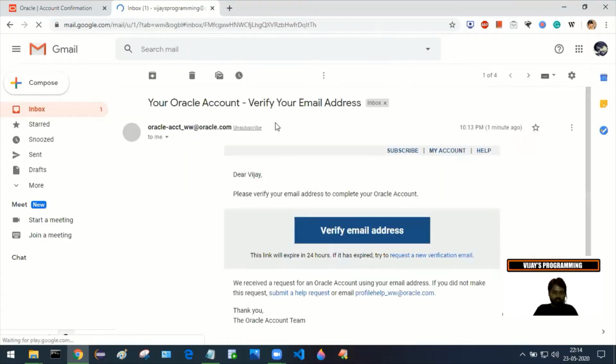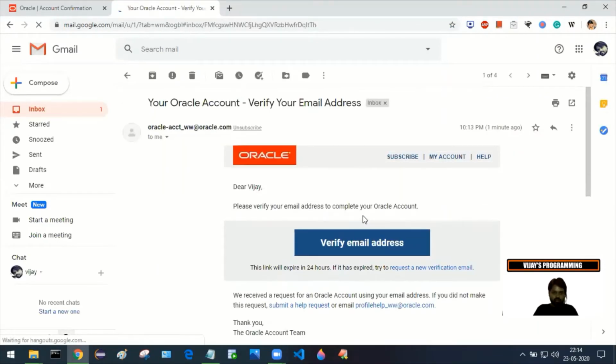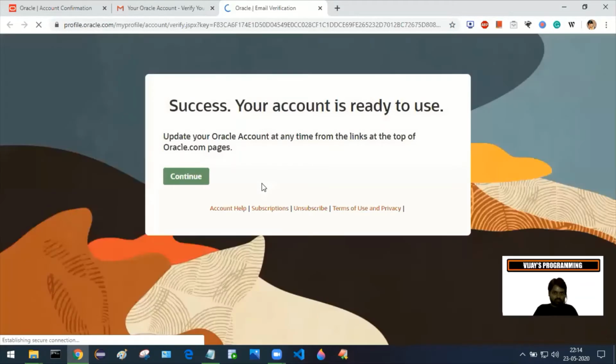Click on this mail and you just need to click on this verify email address. Click on this link to verify your email address. So your account got successfully registered with oracle.com.